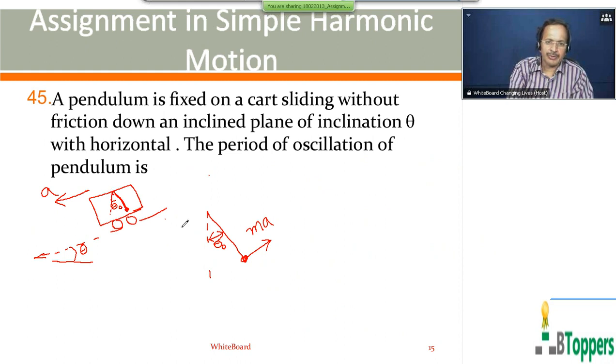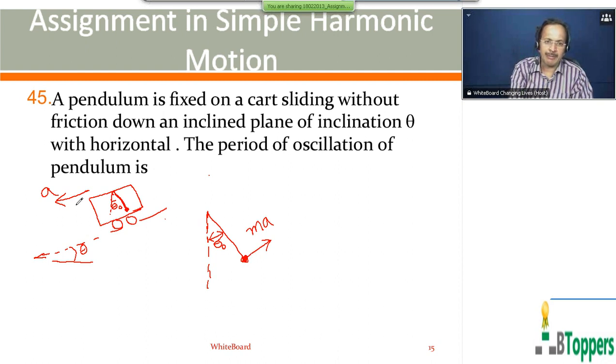Theta naught denotes the angle made by the string with the vertical direction at the instant when the bob of the pendulum is at rest with respect to the cart. That means theta naught denotes the angle made by the string with the vertical direction at the instant when the bob of the pendulum is in equilibrium with respect to the cart. That means at the instant when the net force on the bob is 0 with respect to the accelerated frame fixed to the cart. So now we are drawing the free body diagram for the bob of the pendulum